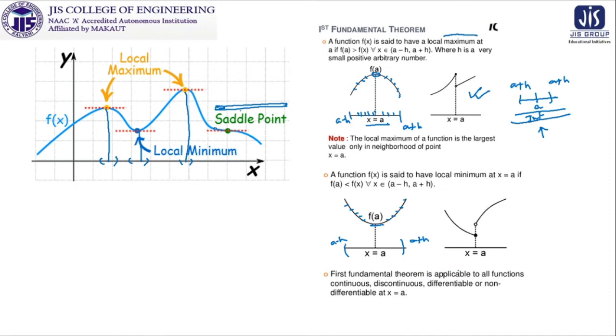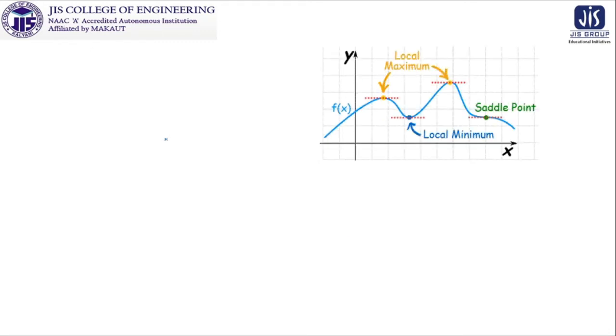But look at this, here something is happening: if you concentrate on the red dots, we are getting the tangent parallel to the x-axis. Here the tangent is parallel to the x-axis, here also, here also, here also. But in this case, the slope changes. Here it is downwards, here it is also downwards. But in between, at one point we get the tangent parallel to the x-axis. So what happens if we consider this discussion with the same picture?